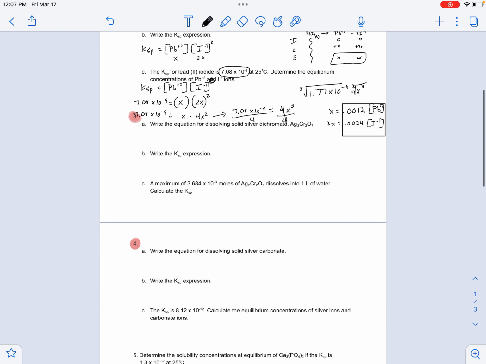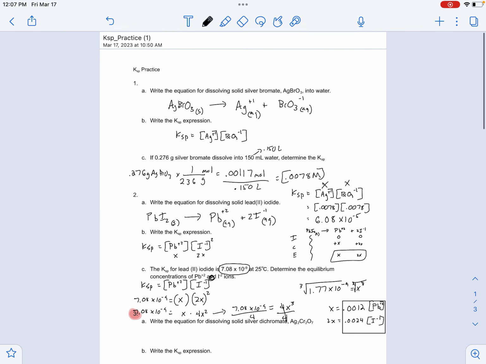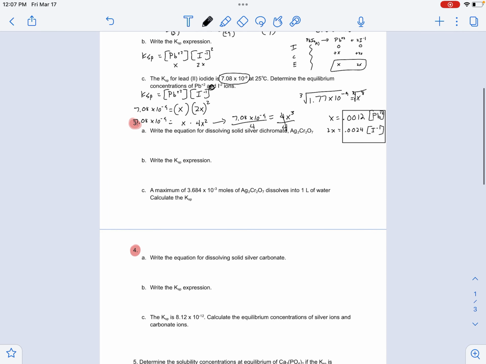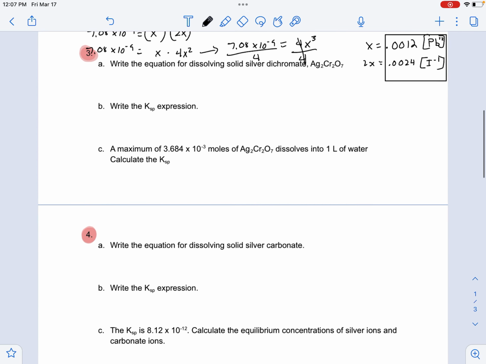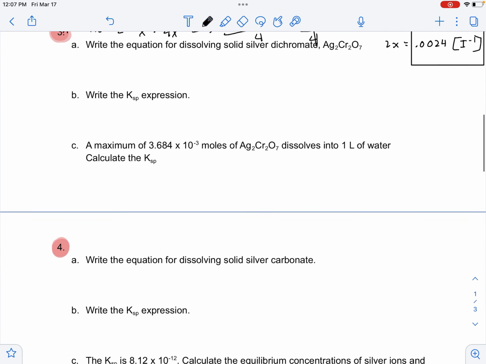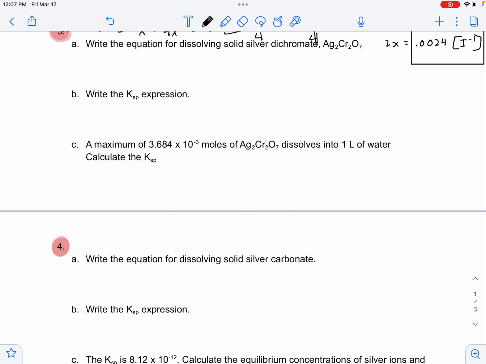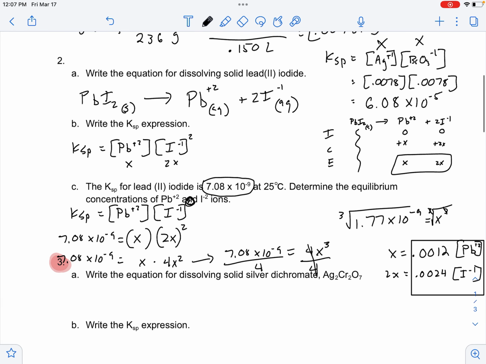I'm going to give a little clarity for number 3 and then kind of get you started on number 4. This is coming off of KSP. And just to give you guys a second chance and a second look going home over the weekend to see the process of solving. Okay, so if we revisit number 2, what number 2 showed us was